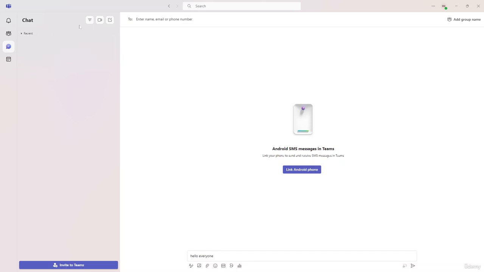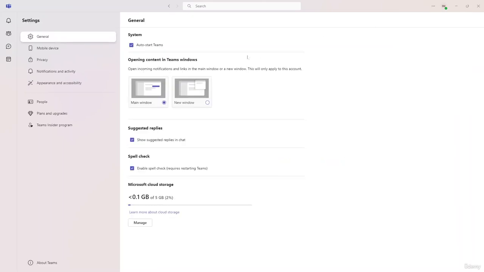Whatever you want to use, here we have the options. You can easily use it over here, like you can attach, or you can have different media over there. Okay, to customize your Teams experience, click on your profile here in the top right corner and select the settings, or I can just click over here and use the settings. Here you can adjust the team notification and also the privacy settings